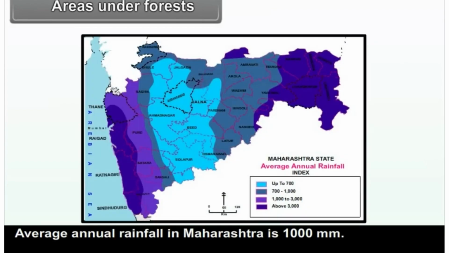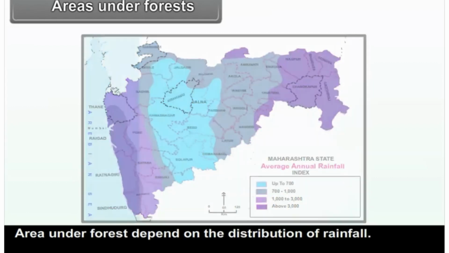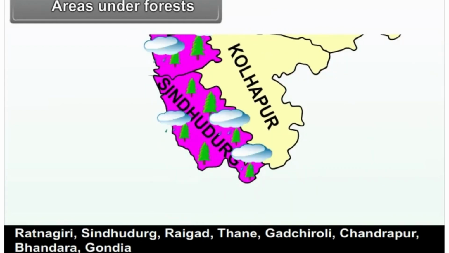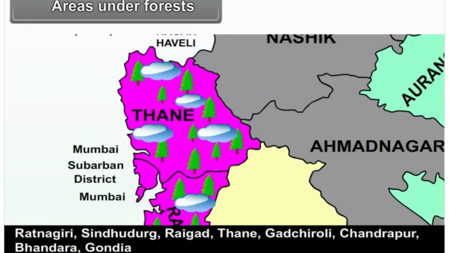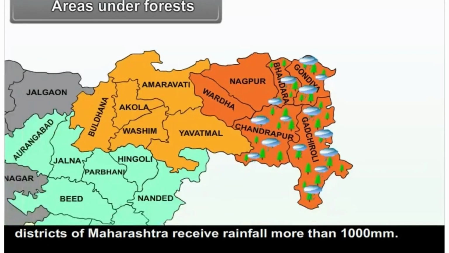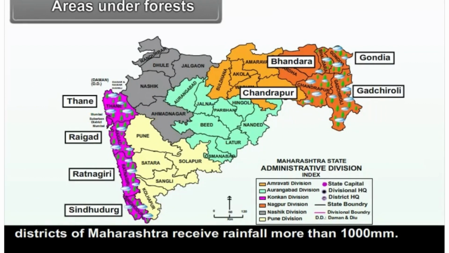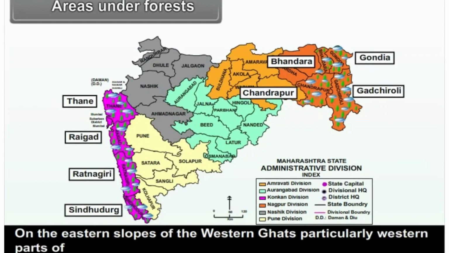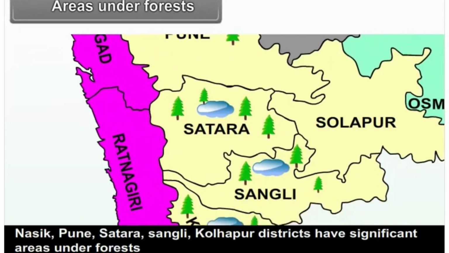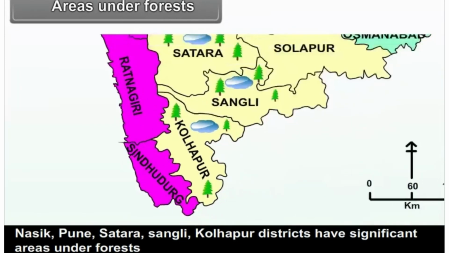Areas under forests. Average annual rainfall in Maharashtra is 1000 mm. Area under forests depends on the distribution of rainfall. Ratnagiri, Sindhudurg, Raigad, Thane, Gadchiroli, Chandrapur, Bhandara, Gondia districts of Maharashtra receive rainfall more than 1000 mm. On the eastern slopes of the Western Ghats, particularly western parts of Nasik, Pune, Satara, Sangli, Kolhapur districts have significant